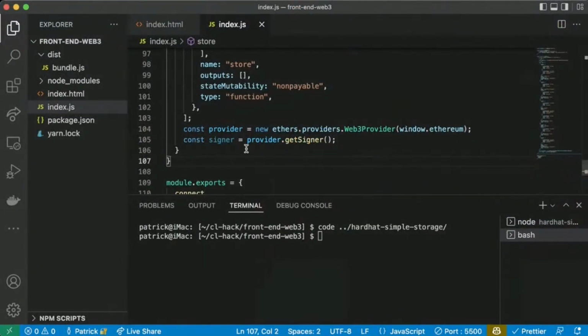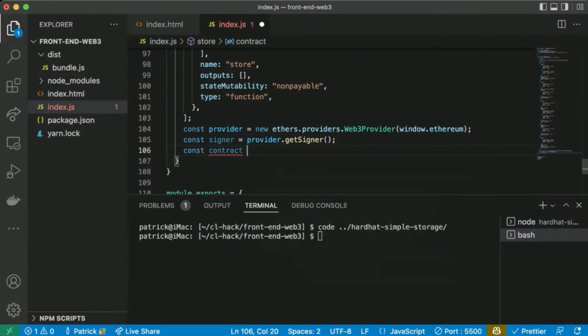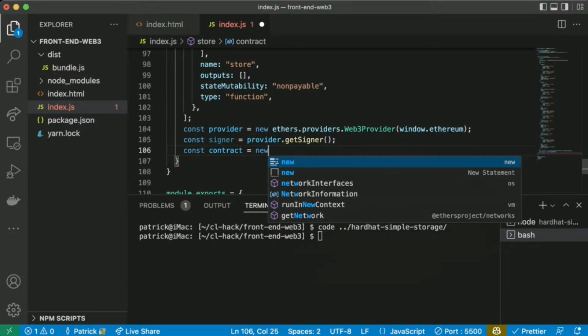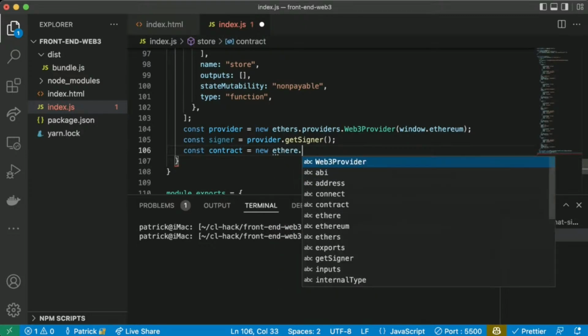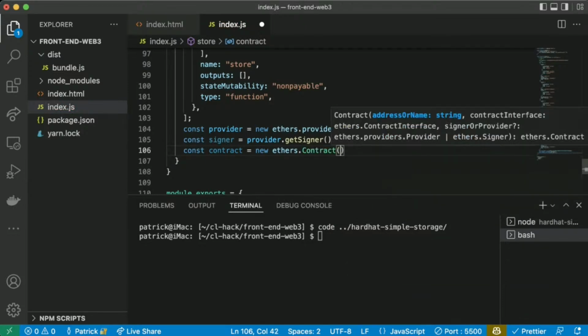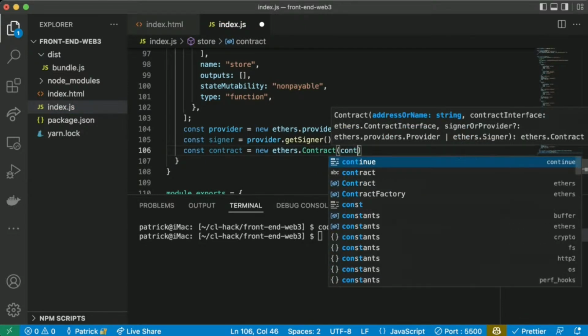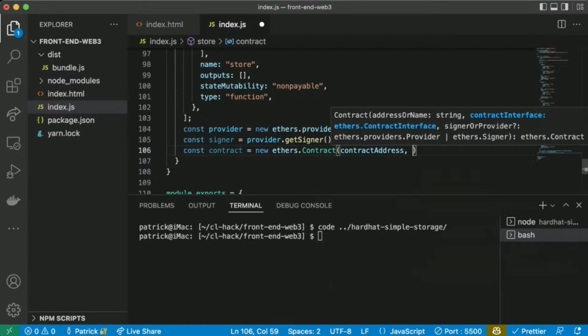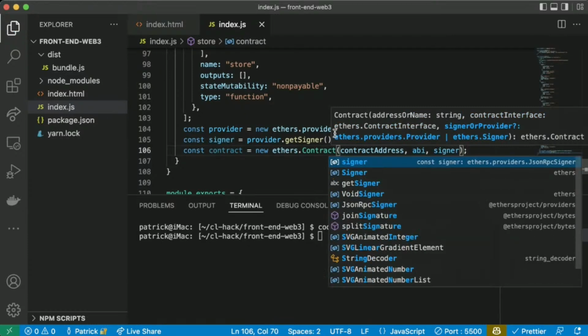Give me that signer. And then finally, we'll say const contract equals new ethers.Contract. We'll pass it the contract address, ABI, and the signer.